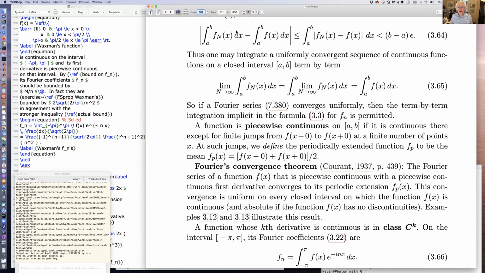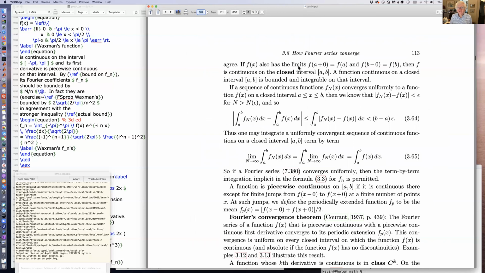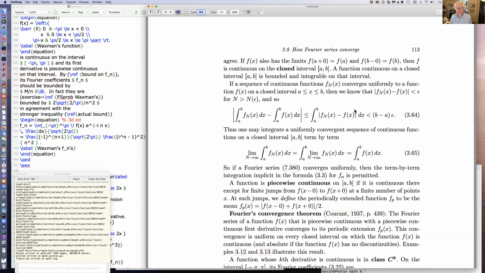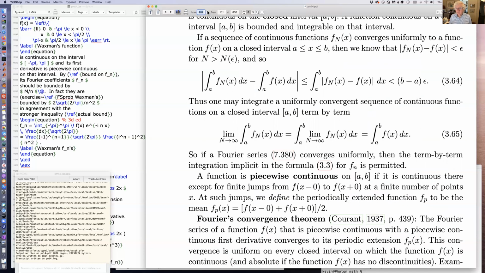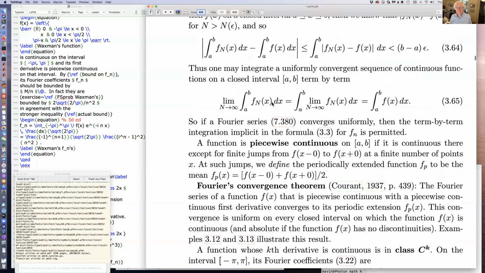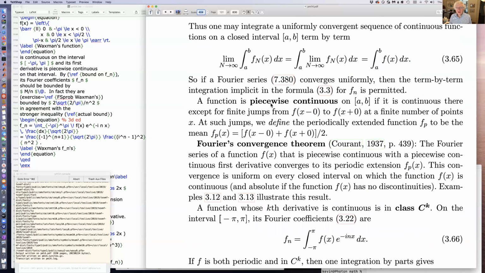You always have to worry if the function isn't continuous on the closed interval, or if you have a sequence of continuous functions converging uniformly, great. Otherwise, you have to worry a little bit. Now, let me